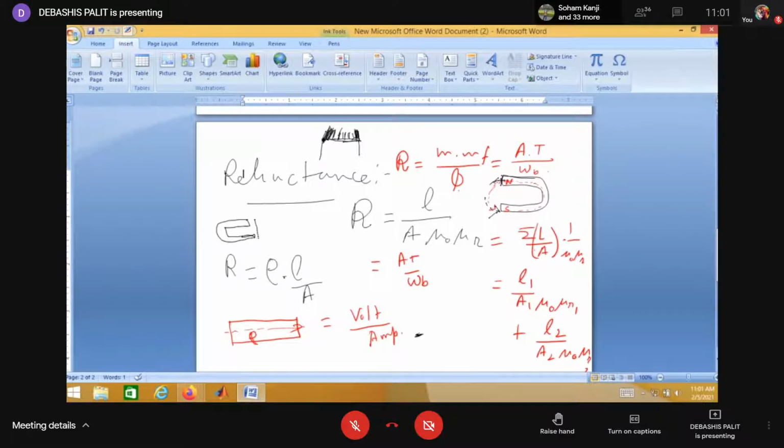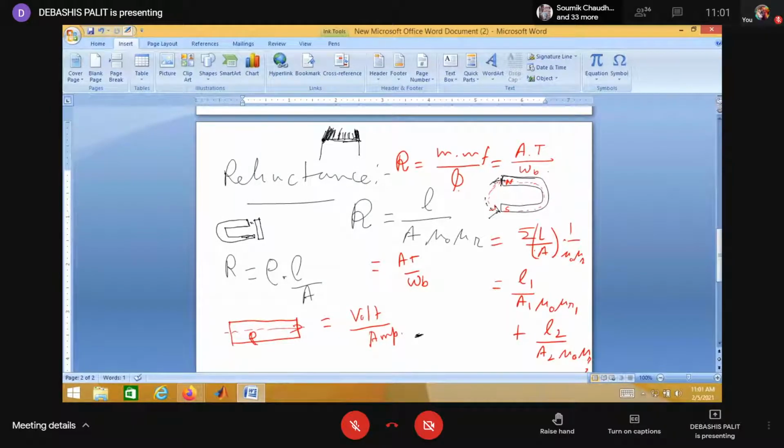like this, and to complete the path or to reduce the reluctance, there may be some I-shaped magnet like this. Always this length is very low, to decrease the reluctance. So all flux then flows through this path like this. Sir, then for area, do we have to take the cross-sectional area of the magnet only for air also? That you can take, but normally to reduce the reluctance, there may be some I-shaped magnet also, and flux is traveling like this path.